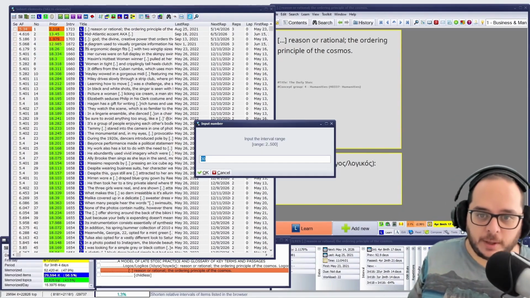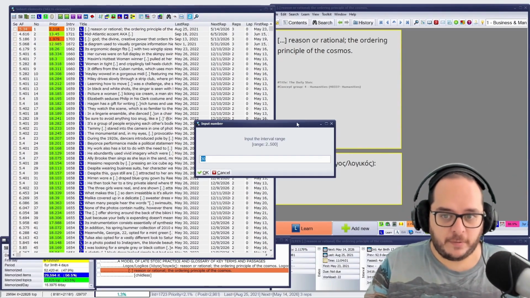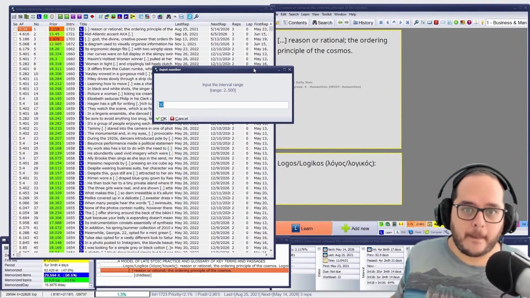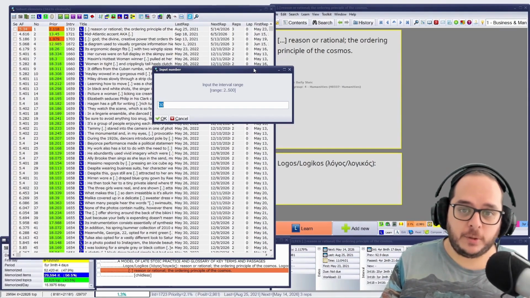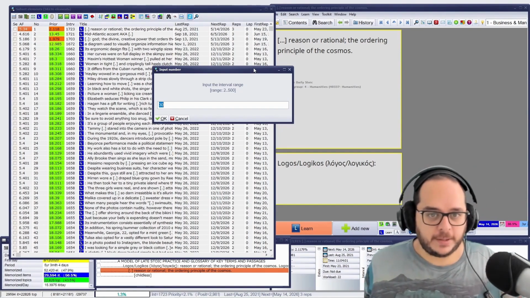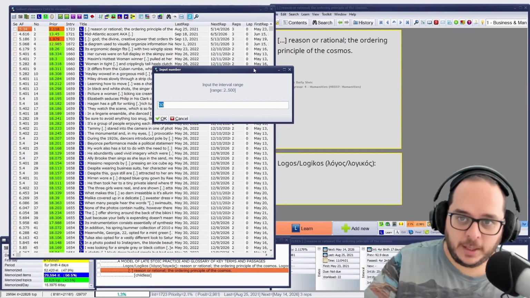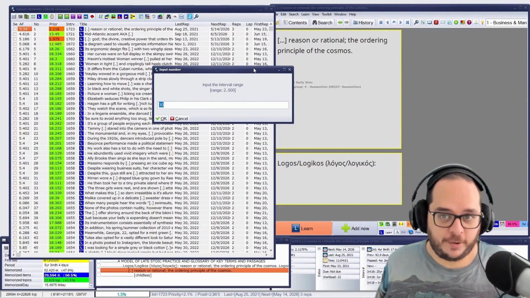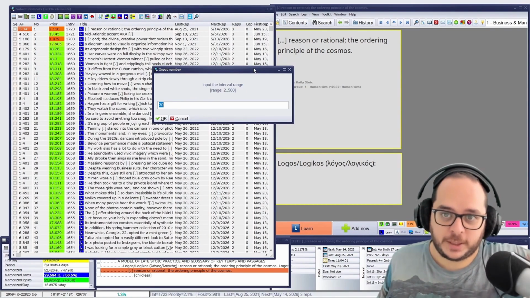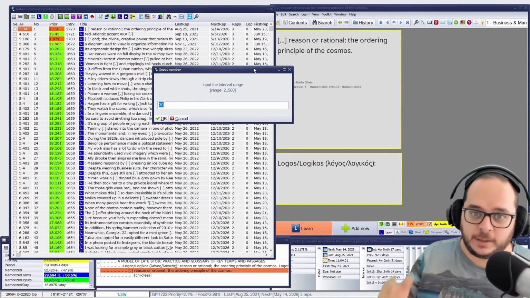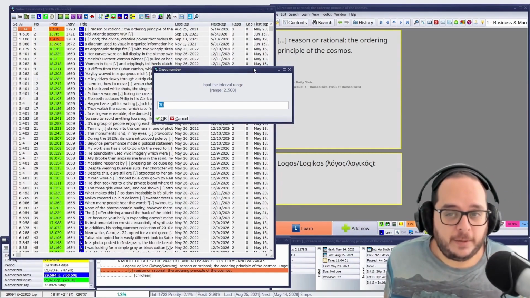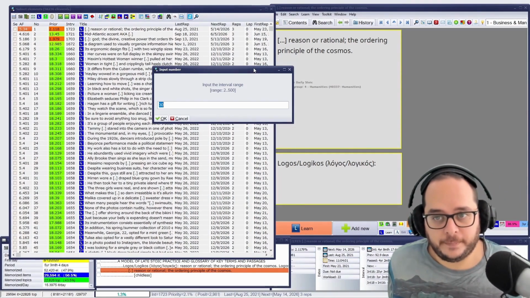Then it's asking you to input the interval range from 2 days, minimum is 2. That means that the interval needs to be a few days. I mean, it's not rocket science. If you need to advance 2 days, it needs to be at least 3 days, so you advance to just tomorrow. Easy. And the limit is 500, exactly the same limit, if you remember, of postponing.